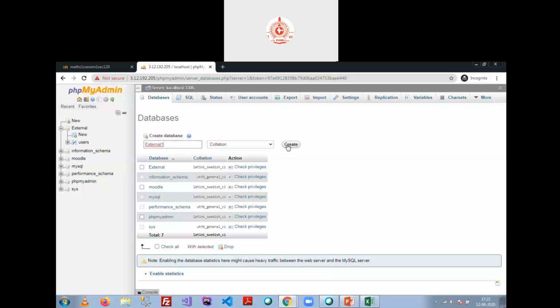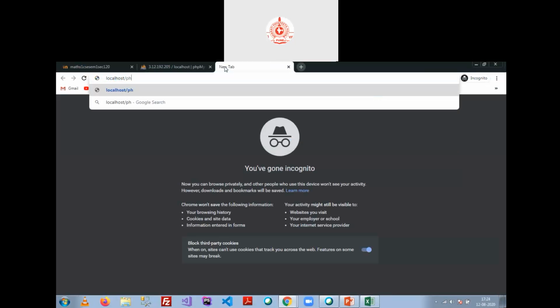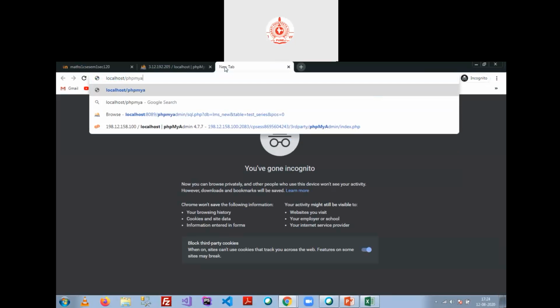How will I open this page? Yes, sir. How will phpMyAdmin open? Okay, type down localhost/phpMyAdmin. That is the phpMyAdmin page. Sir, you need to type down localhost/phpMyAdmin. But that does not work for those participants who are working on the Google Cloud. Okay, this will not work for them.